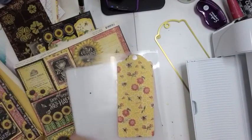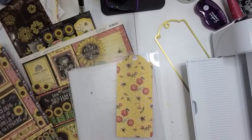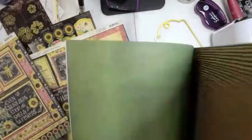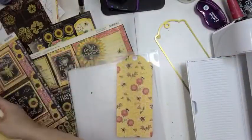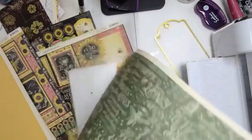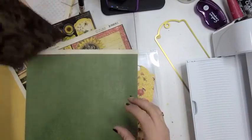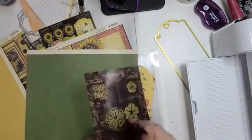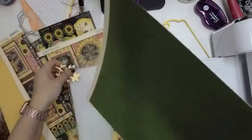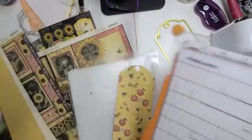So now I have some choices to make. I have opened the coordinate pack, which I don't always do, but I wanted to use these colors. Again, double-sided, so, oh, look how cute that is. If I'd seen that, I might have used that one. But this is the side I was going to use. And I'm going to cut out a few of the foliage pieces. And again, I'm going to cut a strip so I don't use...